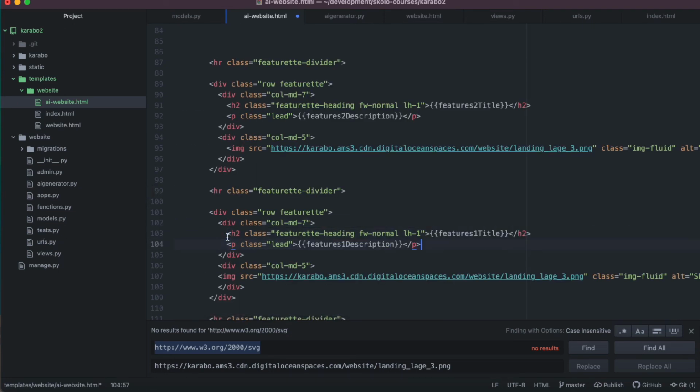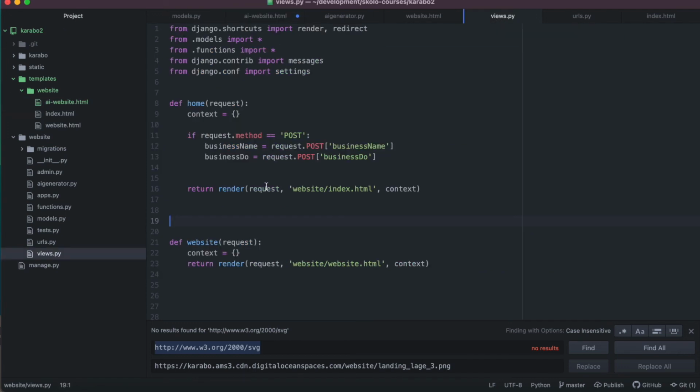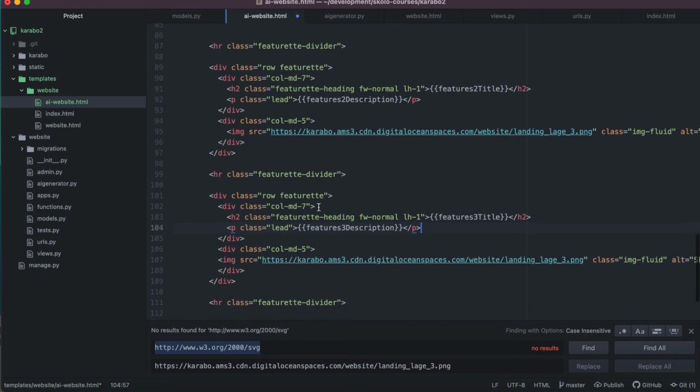Okay, so now we've replaced the website content with actual variables that we're going to send into the context from the function. So inside of the view function, we're going to use this business do and business name, call the API, generate this content from the API, send this content into the context, and have the AI website